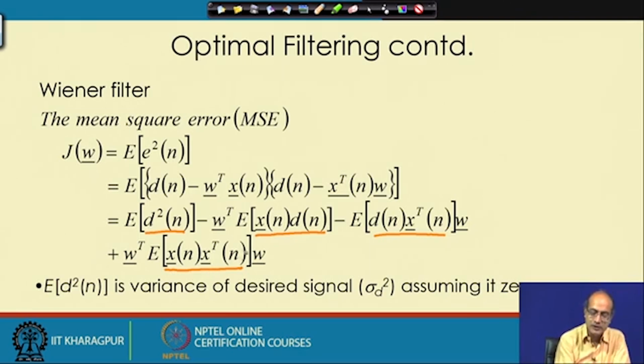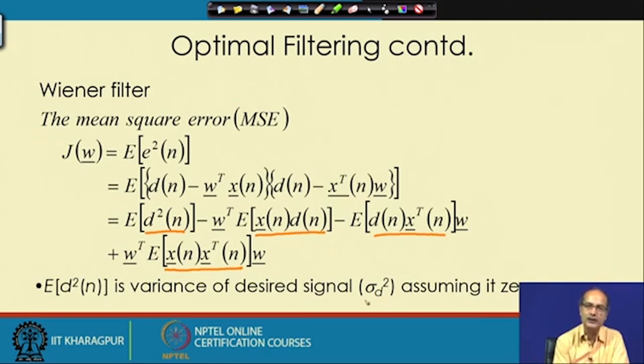Now, this quantity will give us a matrix, but the thing to note is that we should check the dimensionality. Overall, each of these terms has to be a scalar, because the error is a scalar quantity. Okay. So, out of this, the first thing we could recognize is that the expected value of d squared n is the variance of the desired signal,